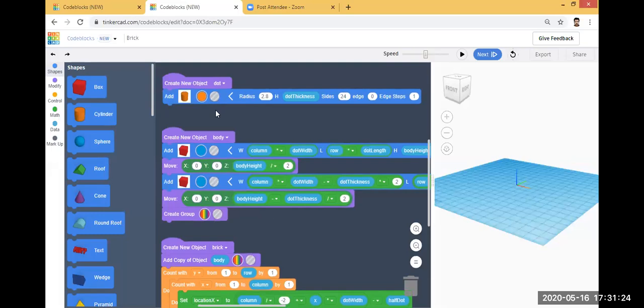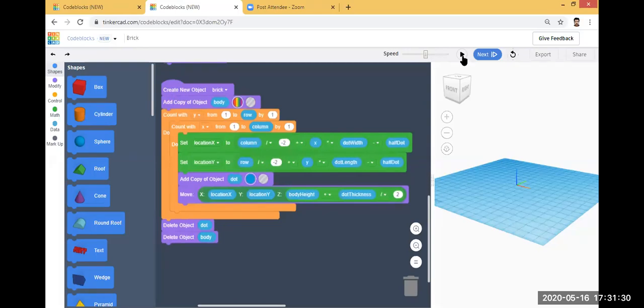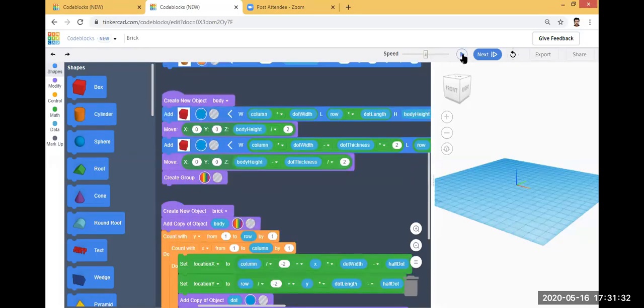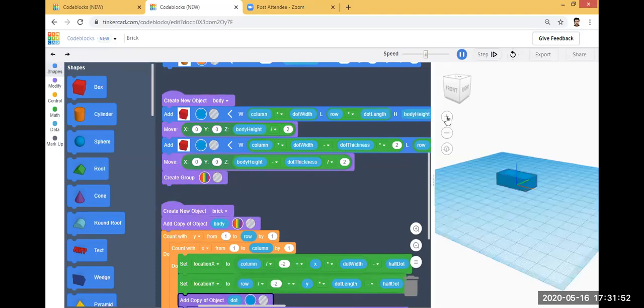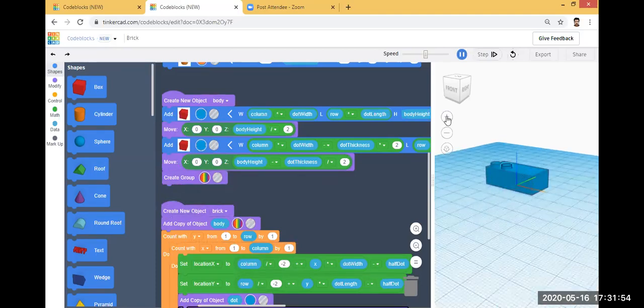This is the central portion, the code blocks, and then just click the play button. So you can see the brick creation in the right side.